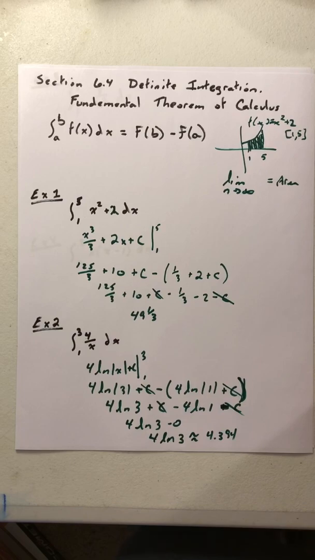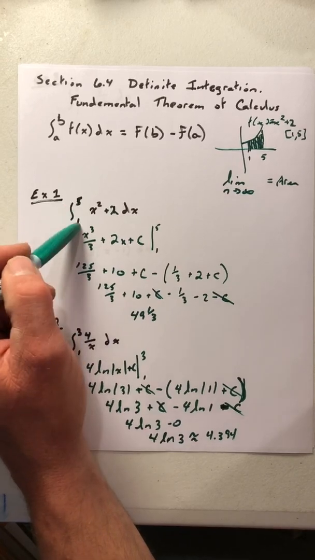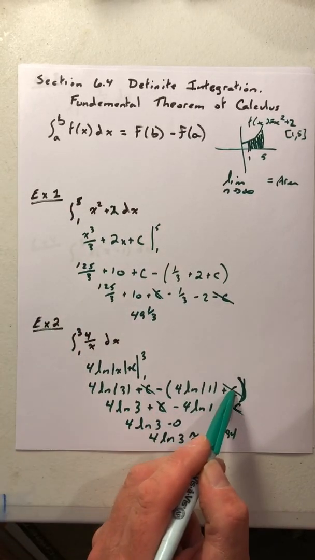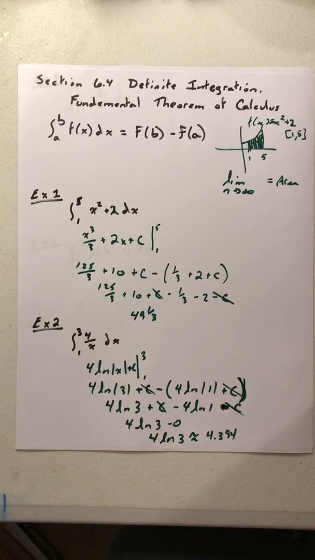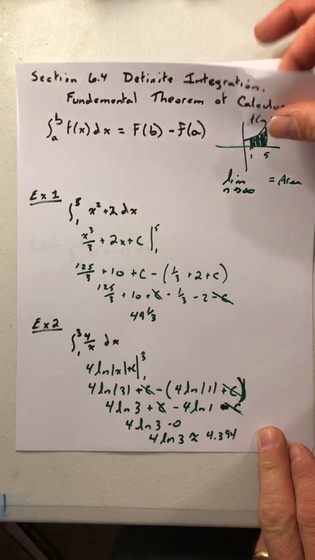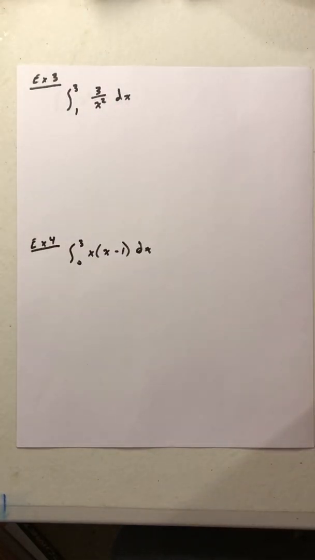So with the second example, hopefully we see that that c value is canceling out. And we're always going to see that with a definite integration, whenever we have numbers out here, our a and our b value, that c value will always cancel out for ourselves. So we really don't have to worry about that c value anymore when we do our integration. From here, we're just going to go ahead and do some more problems, some more practice,